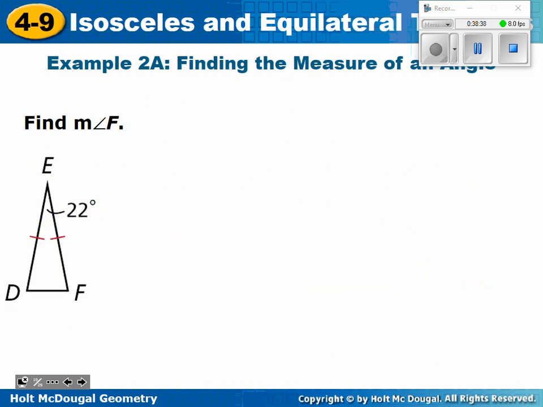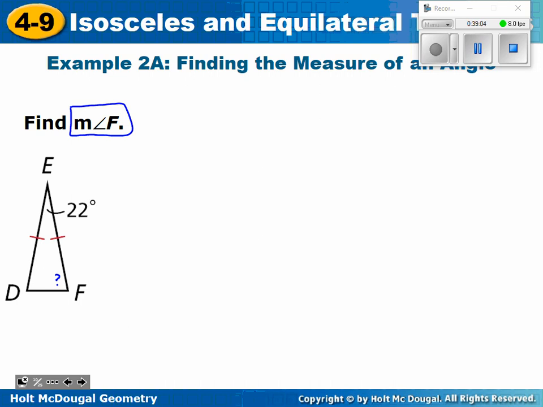All right, the next one does not say explain, and actually the next couple of problems, I think, are just going to ask you to find some missing measures using that theorem. So if we look at the picture, what kind of triangle do we have based on the markings? Isosceles. And they want us to find the measure of angle F. But what did we just learn by the isosceles triangle theorem? If the two sides are congruent,